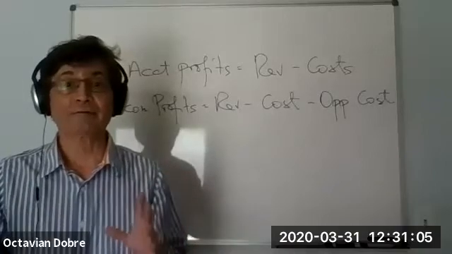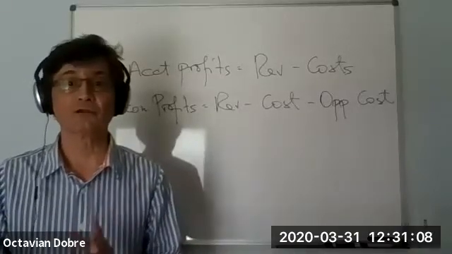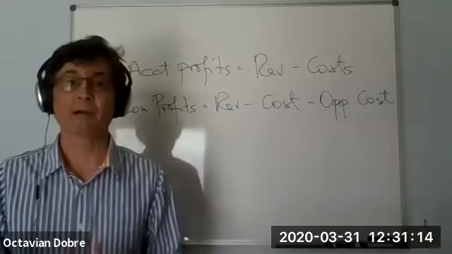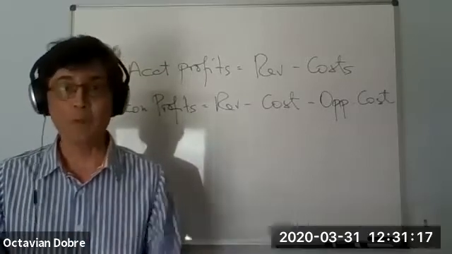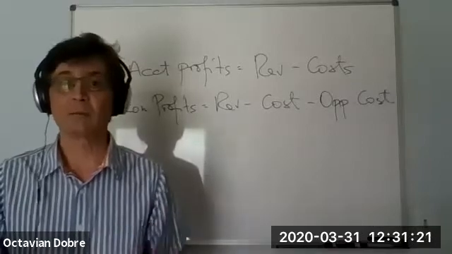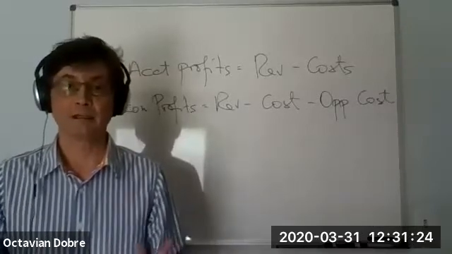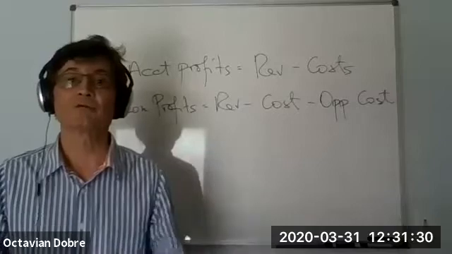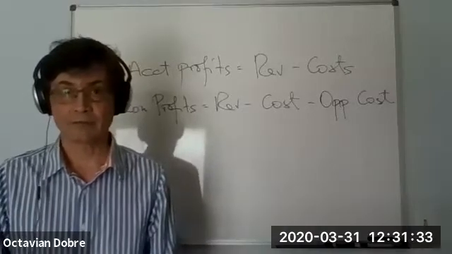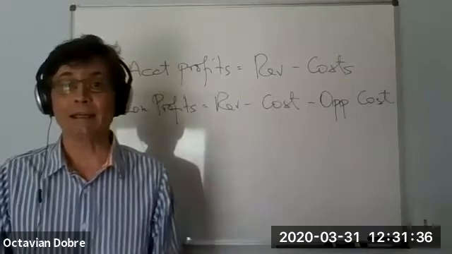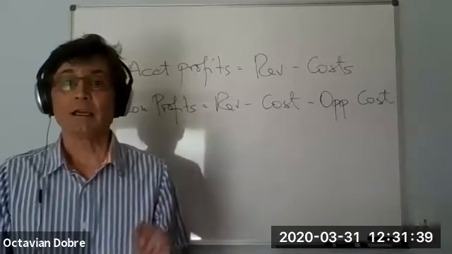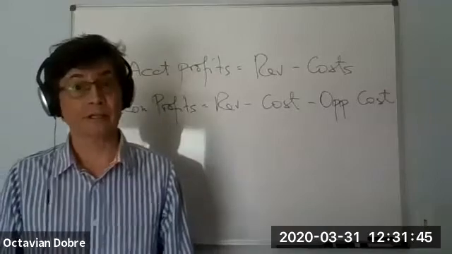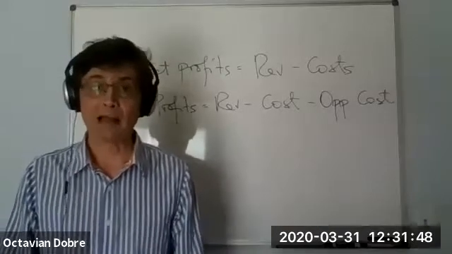Okay. And if there are barriers to entry into that industry, then the firm may be able to make positive economic profits in the long run. If there are no barriers to entry in an industry, then it's going to be impossible to make positive economic profits in the long run, because other firms will see this from other industries. They will get into this industry and they will chip away at those profits. So when it's easy to get in and out of an industry, in the long run, only zero economic profits are possible. If it's hard to get in and out of an industry, then you can earn positive economic profits